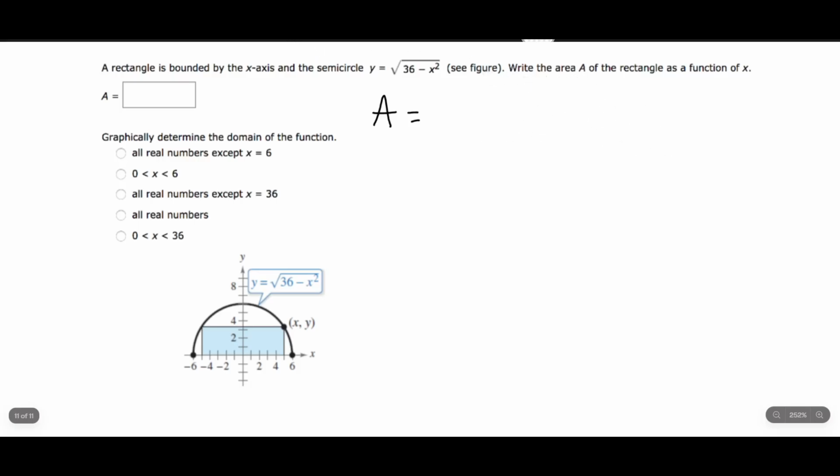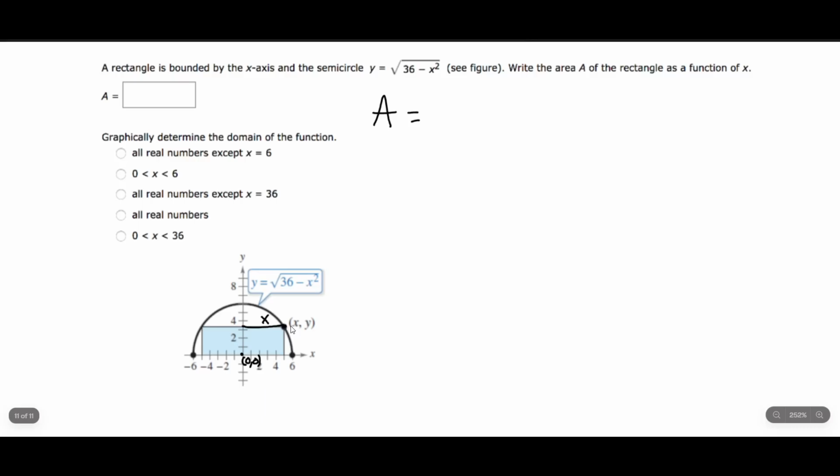But anyway, let us actually begin here. Very nice that they gave us the picture. Don't take that for granted. So yes, it's telling you again, this is the semicircle, and some point x comma y belongs on the semicircle. It's a function. So if this is x, a horizontal distance, we can say that this is 0, 0. I want to make this very clear to you guys. This is 0, 0. From 0 to x